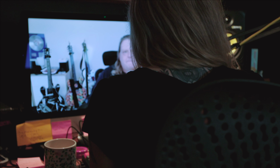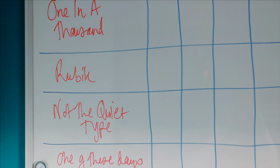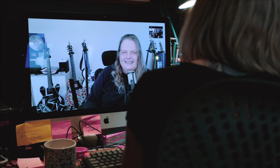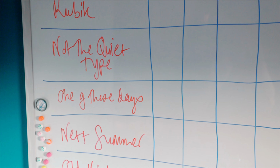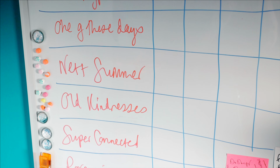On my list here in the studio, I've got 1 in 1,000, Rubik, which I think needs to probably change its name because it's got nothing to do with Rubik at all. And in the lyrics, but it was a great starting name. But I don't know what that's going to change to yet. Not the Quiet Type. One of These Days, Next Summer, Old Kindnesses, Super Connected, and then there's Porcupine, which is,